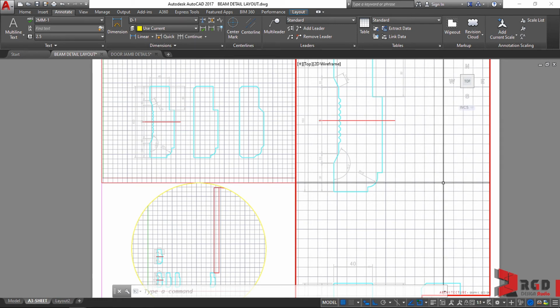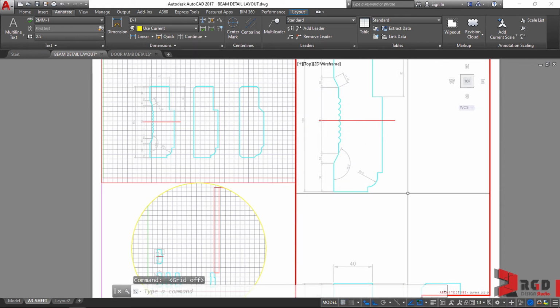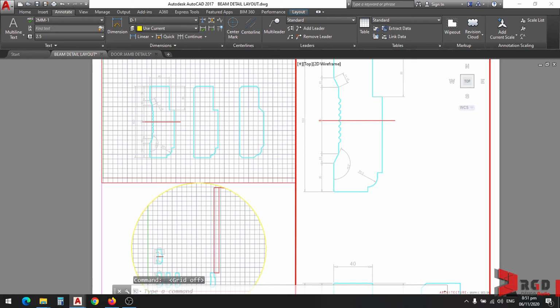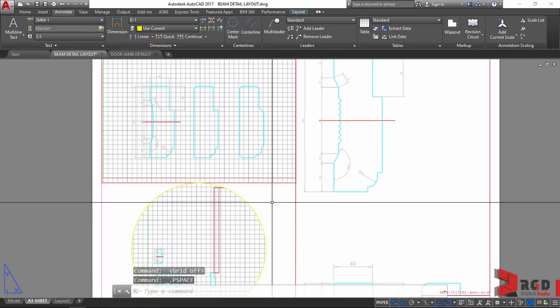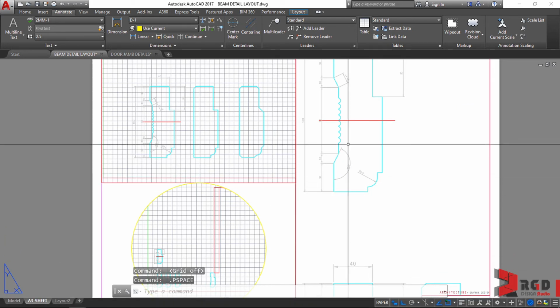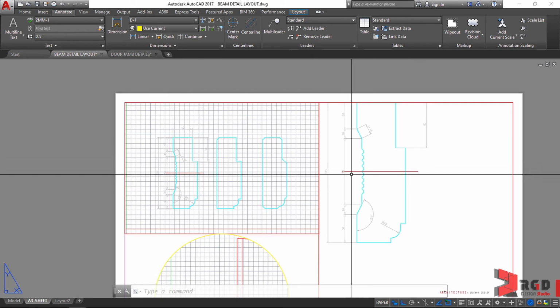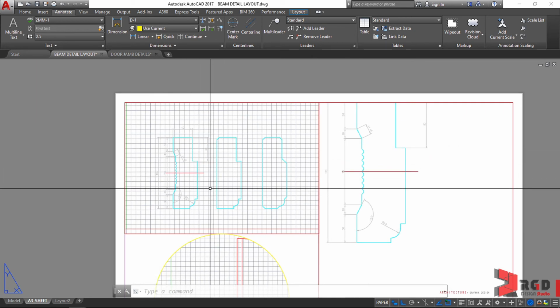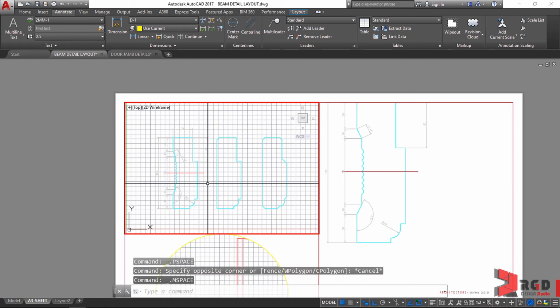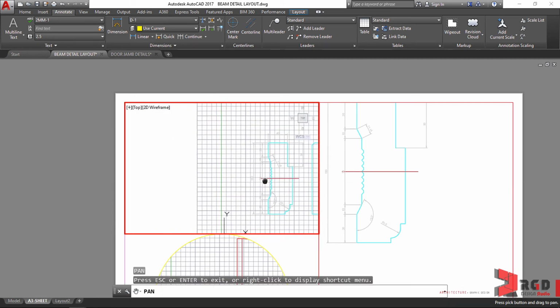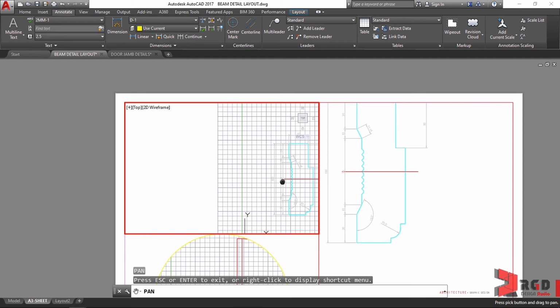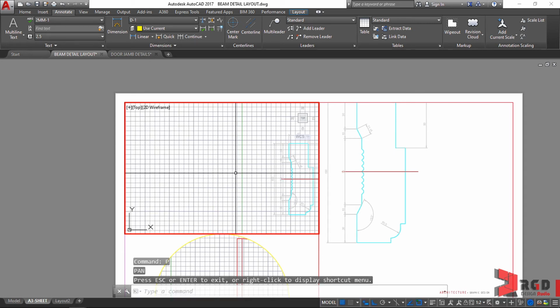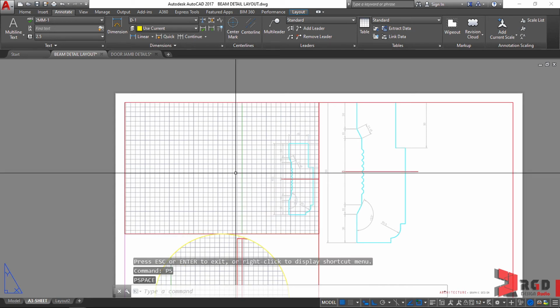While we're inside model space, let's press F7 to remove the grid lines. So F7. So it's still 1:1. So double click on the paper to exit the floating model space. And move this a little closer here for comparison of the dimensions. So double click, P for pan, enter, then pan this one closer to our other drawing here on the other side. Then escape, and then PS, enter.